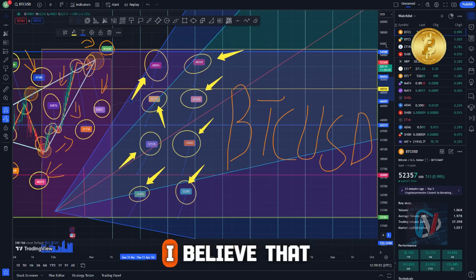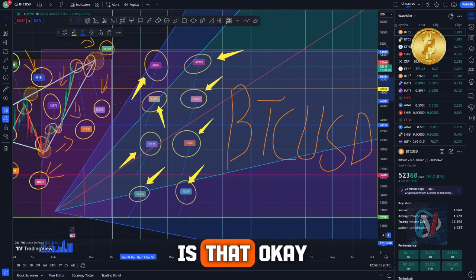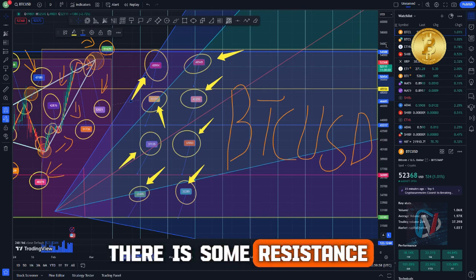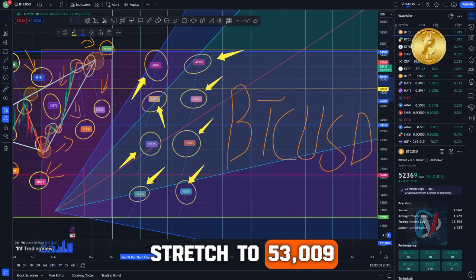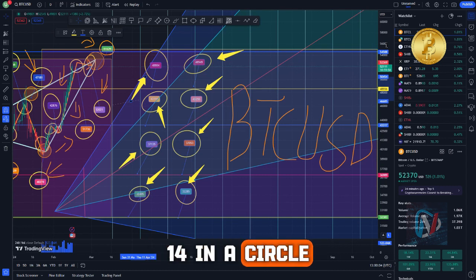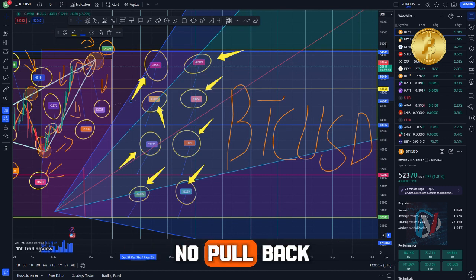At this point, I believe that the only thing that you need to know is that, okay, there is some resistance at 51,707, and it might even stretch to 53,914 in circle wave 3 now. There should be no pullback that breaks